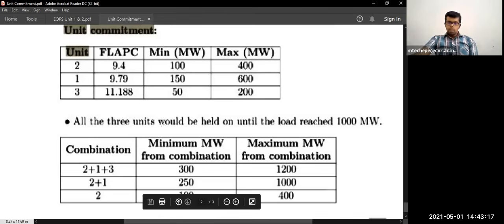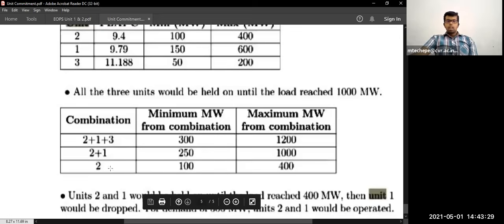So all the 3 units would be held until the load reaches 1000 megawatt. Up to this, okay, and also units 2 and 1 would be held until the load reaches 400 megawatt, and then units 2 and 1 would be